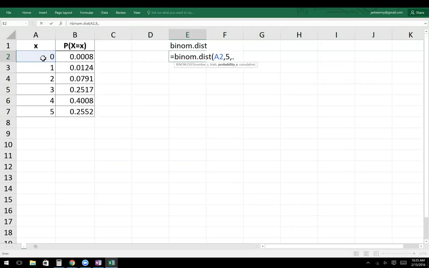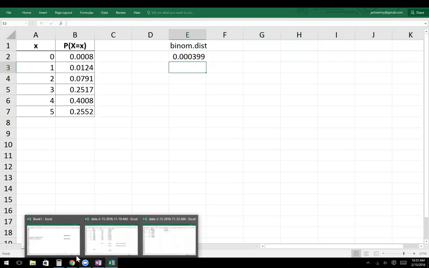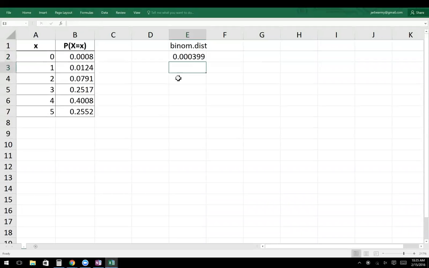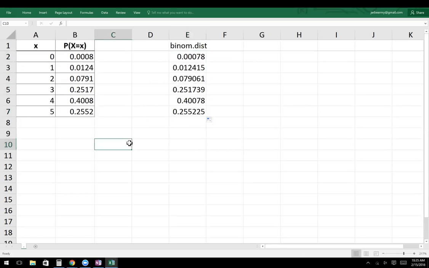The probability on one trial, if I remember right, was 0.791. And we want the exact values rather than cumulative, so 0, right? Did I remember the number right? No, 0.761 instead of 0.791. There we go. So again, they gave them to us in this problem, but to get them, you just use the binom dist